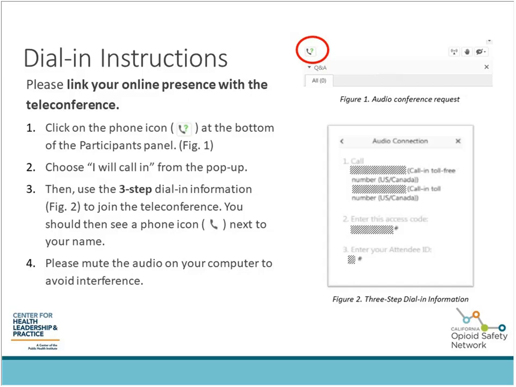Okay, so what we're going to do now is open up the line to just any reflections, ahas, things that were interesting, intriguing, just what you might be doing in your own county related to the topic. This is less of a question section and more just reflecting on the content and the work that you're doing. Well, thanks. For our county, we are just getting started. We're one of the early coalitions getting organized. I think the information was great in terms of some of the options, and it's something that we'll be able to discuss in our upcoming coalition meeting.